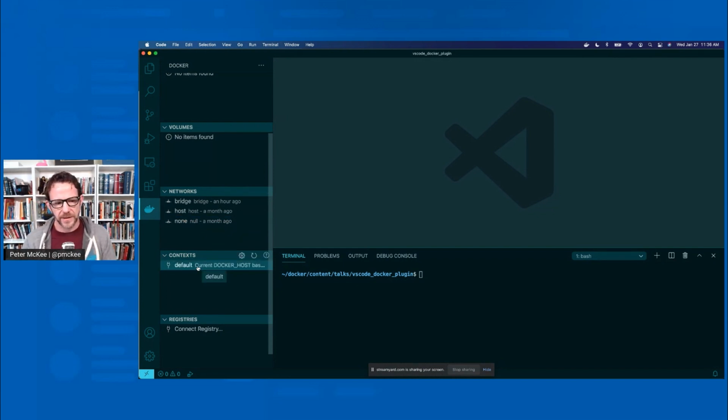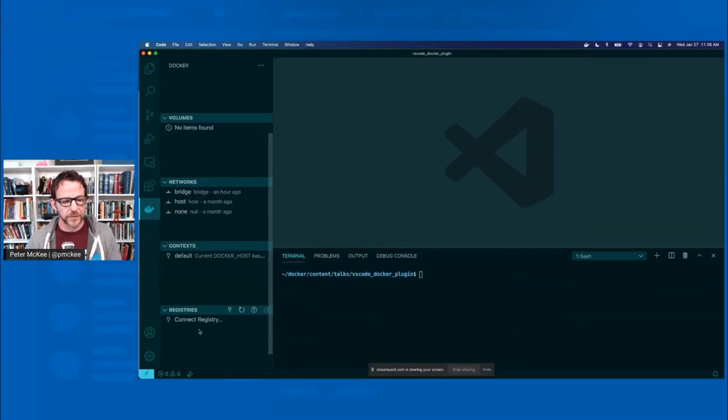And then you have context. I won't dive too deep into this, but a context basically allows you to set up a context for a public cloud, either AWS or Azure. You can set up a context that points there, and then you can run the same Docker CLI commands that you know and love, and they'll be run up in the cloud for you. If you want to learn more about that, check out our YouTube channel. Got a bunch of really cool stuff out on there. Next one is the registry.